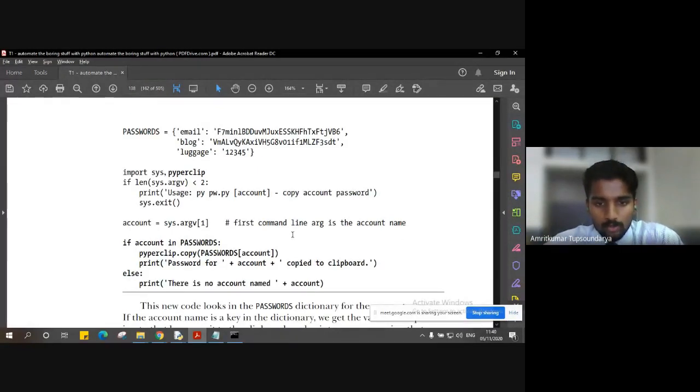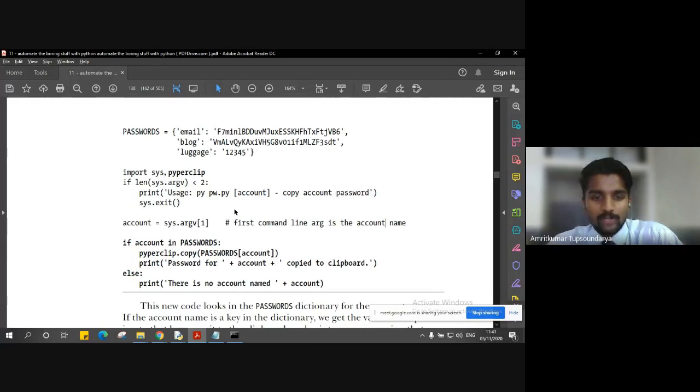So how do we execute this program now? You must have already created a file and stored it as pw.py, as we normally save a file. But since we are making the command prompt execute this program, we have to create one more file, which is called a batch file.